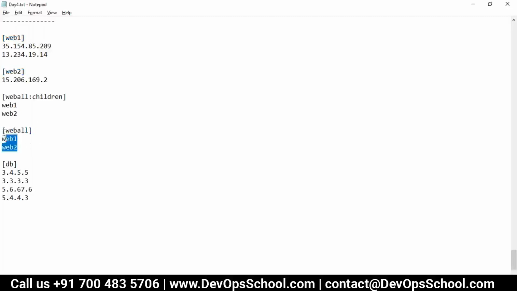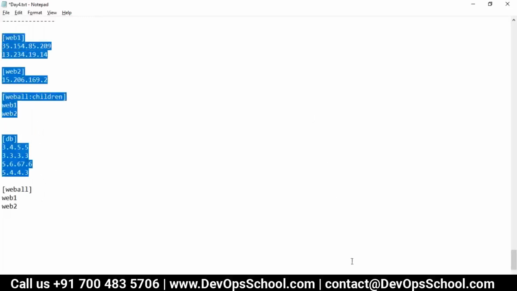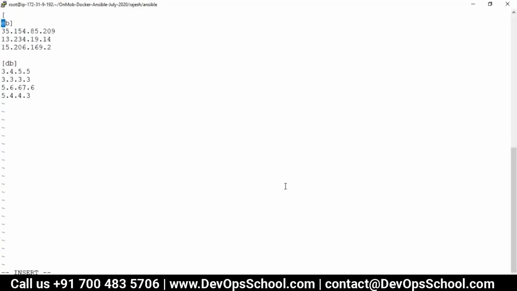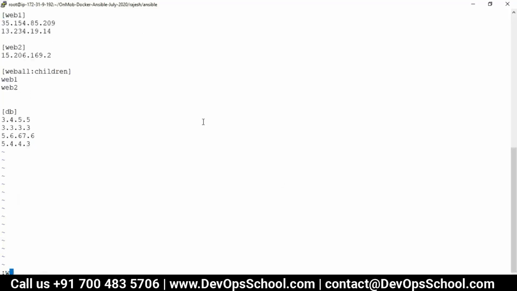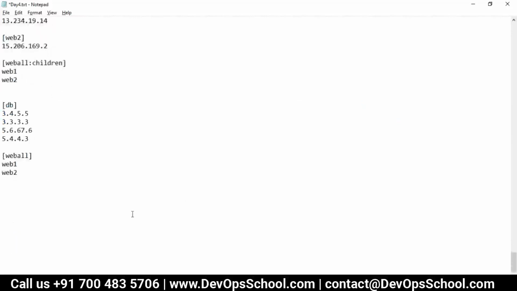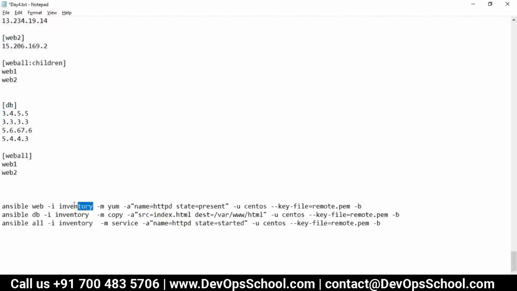Okay. So here I'll move this one to the last. Here I'm creating two groups and web all as a group of groups. So vi inventory. Guys, web all. So now what I will do, web all. Web all has three machines altogether.